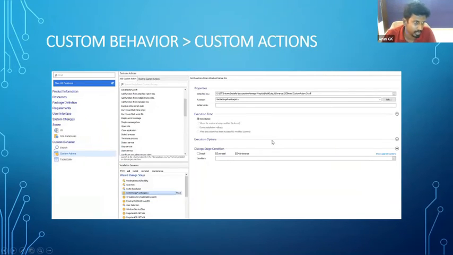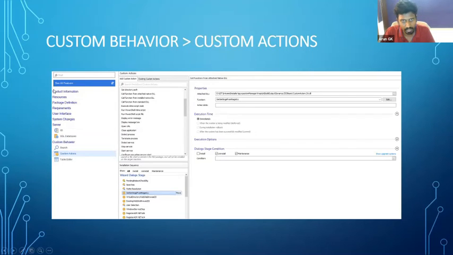Next one is custom actions. Here you see the basic features in the advanced installer: product information, resources, package definition, requirements, user interface, system changes, server, and the last one is custom behavior.